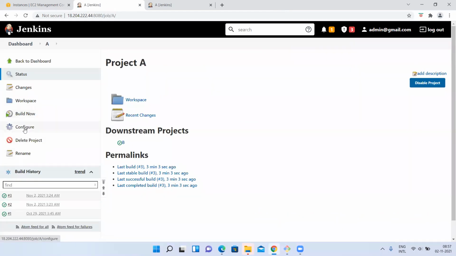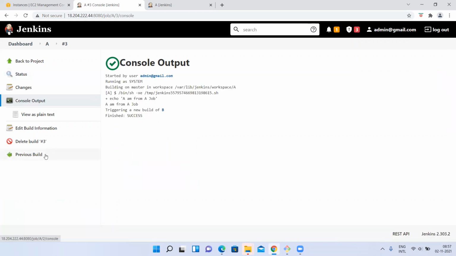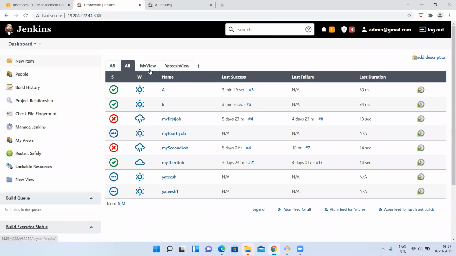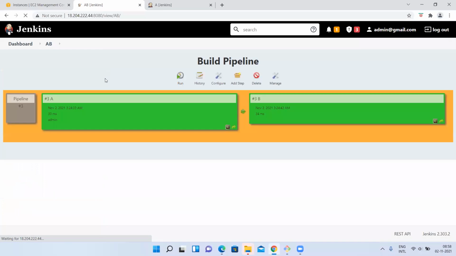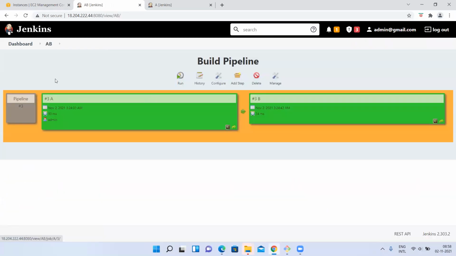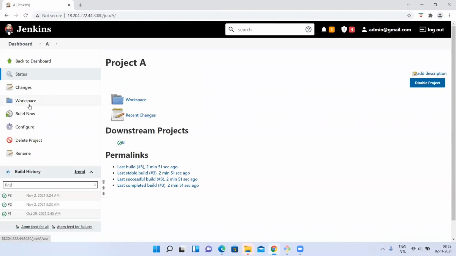Just a second. Did I save that? Oh, you see, here it is. Okay, I didn't see this. As all came, I thought it is starting. Okay, here it is. The job AB is there, right? If I go to this view, you can go from here, Dashboard, AB, right? This is the view I created. In this job, I gave the initial project as A. So automatically it picked what its dependency job is. Now I'll click on this A, build now.